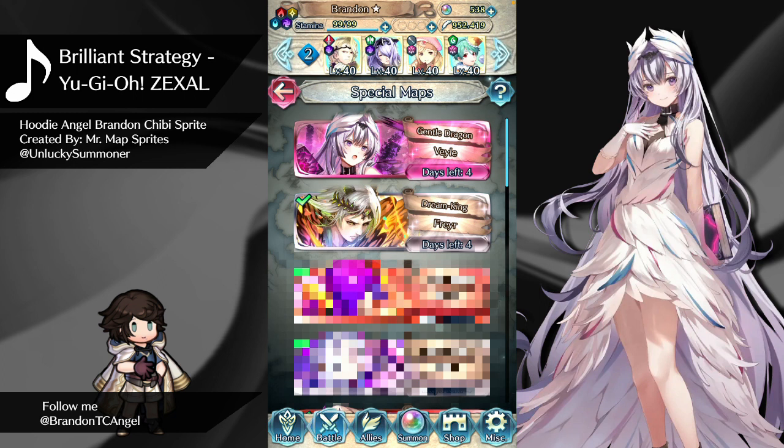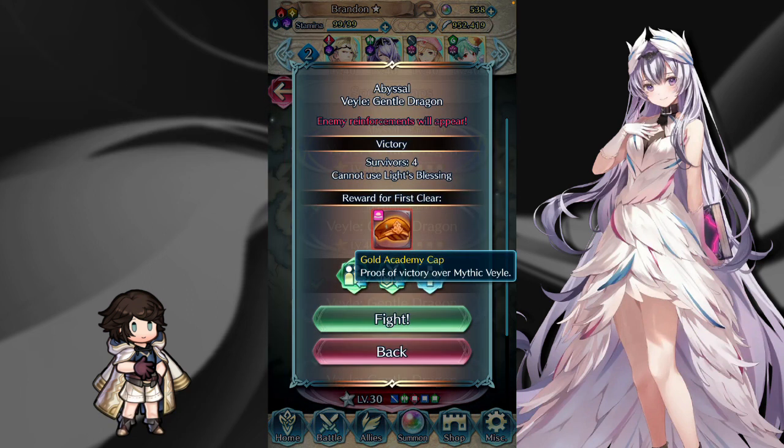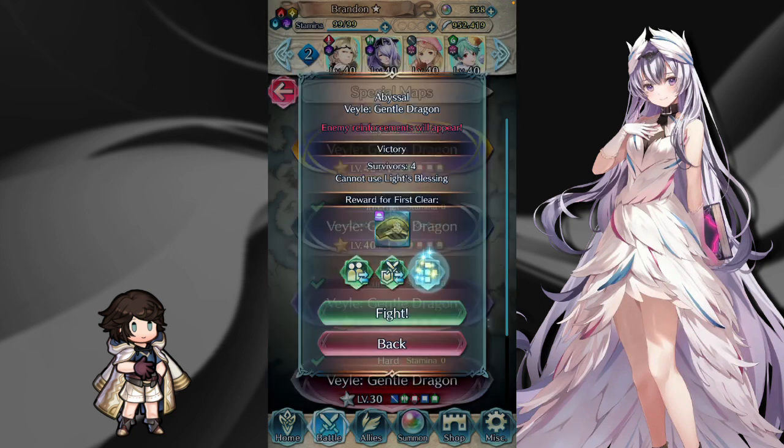Today we are taking down the lonely gentle dragon Veyle, so that we can earn the Gold Academy Cap. It seems Professor Byleth has dropped this. And, yeah, this map,